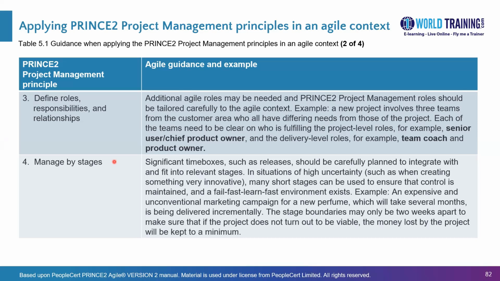So there may be a delivery at the end of each month, but the customer may not be ready to accept those deliveries at every month end. So they prefer to accept delivery at the end of 4 months, which is their release. Now, these releases should synchronize with the stages, meaning you could have one release every stage, you could have two releases every stage, and these are generally shorter stages because we expect in the agile world that the deliveries are